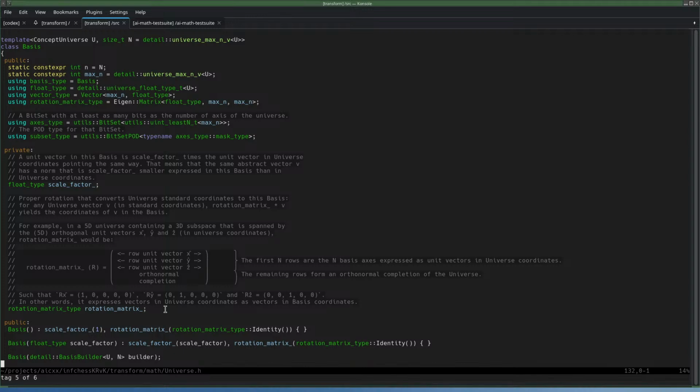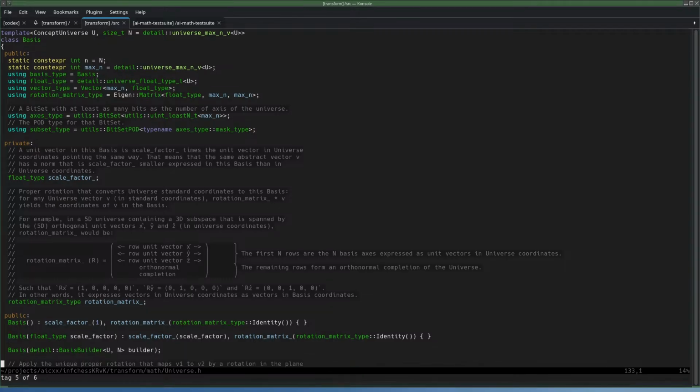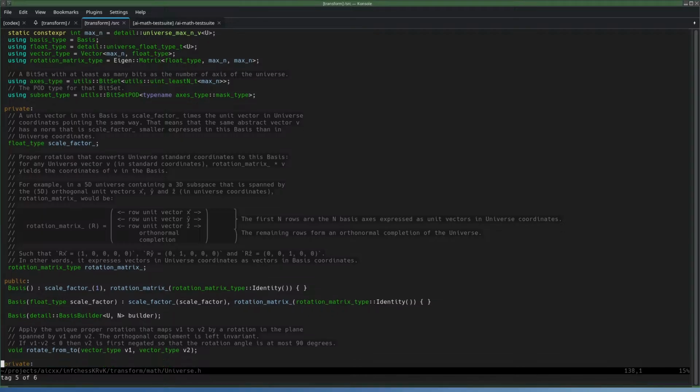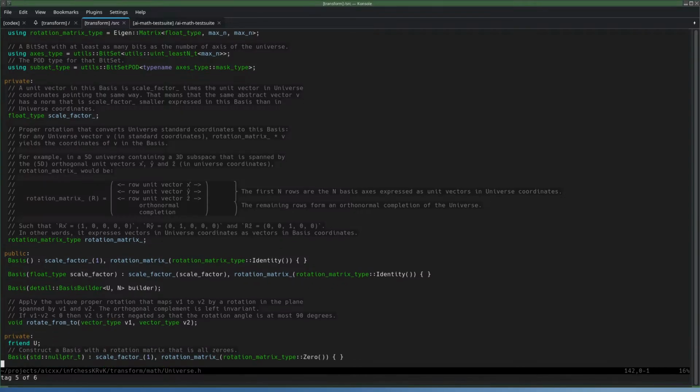And that then defines our basis of dimension n. So 3 in this case. The universe n is 4, but I'll just fill it in as being 3. Okay, so we have a basis now, and we can convert easily from universe coordinates to the basis